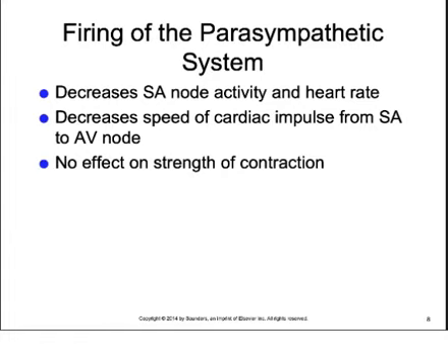A vagomimetic drug like digoxin slows the heart rate and the speed of impulse conduction, while a vagolytic drug like atropine increases the heart rate and speed of conduction through the heart. As a result, atropine can reverse the effects of vagal discharge. Note that